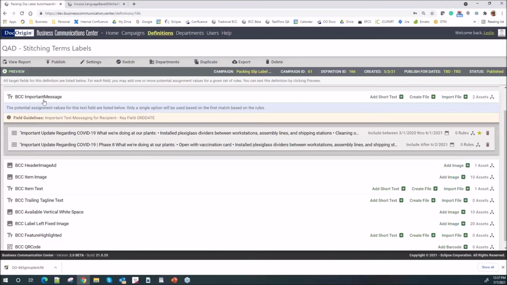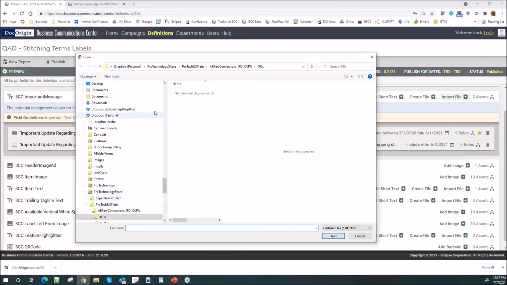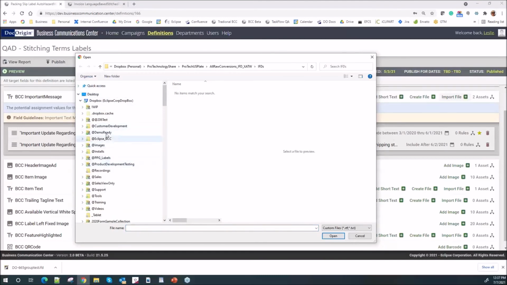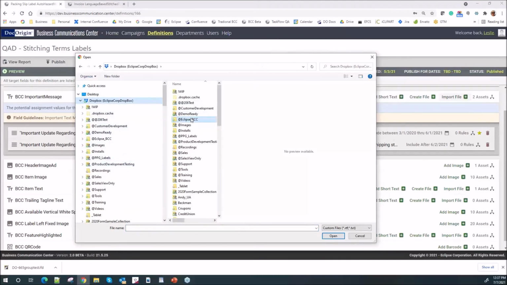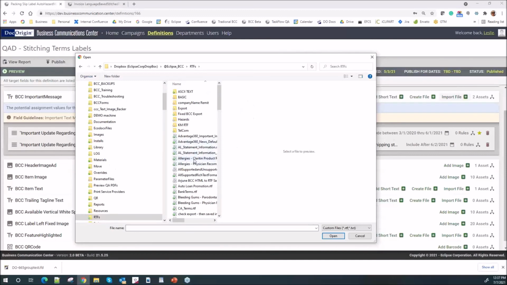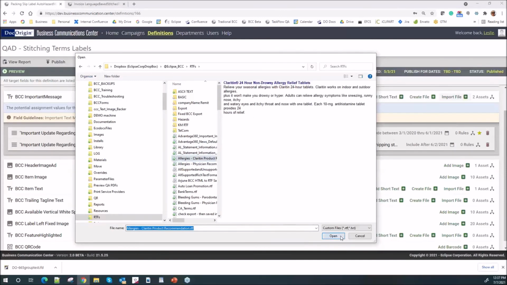Then our GUI interface allows us to import, and I'll just do it on the fly, a file of rich text. If I navigate to a rich text document, I'll just grab one, say allergy clear.